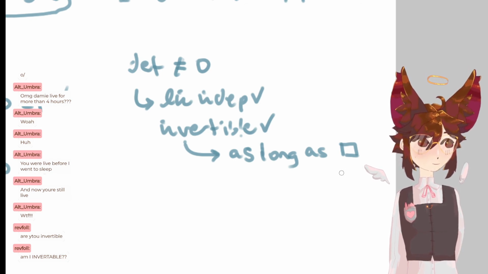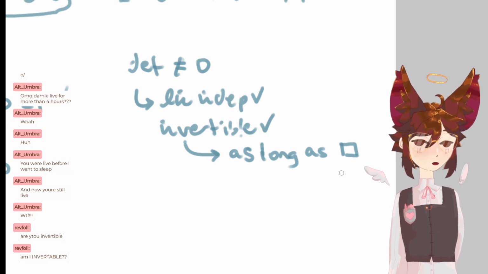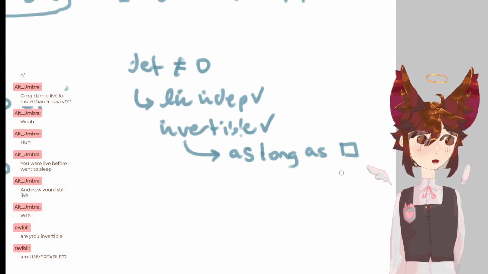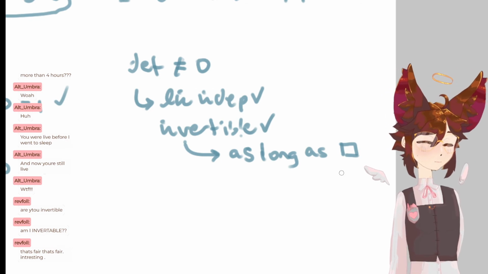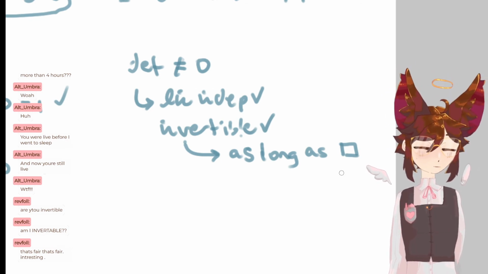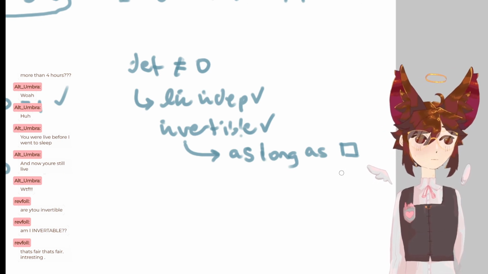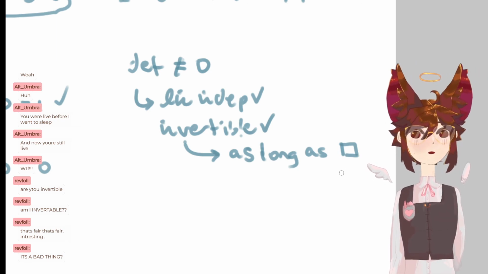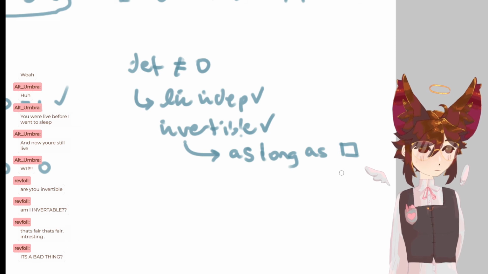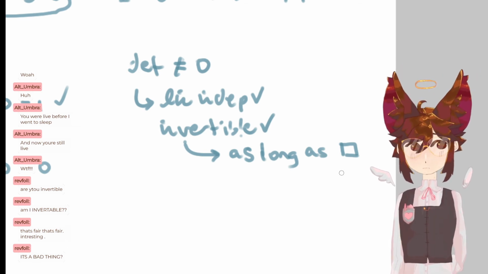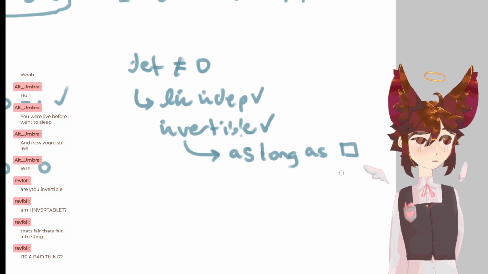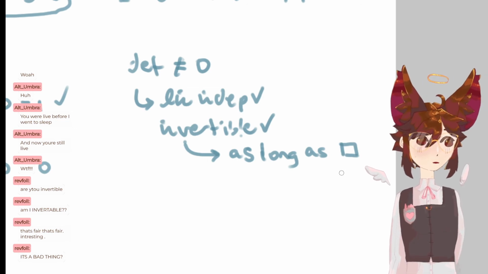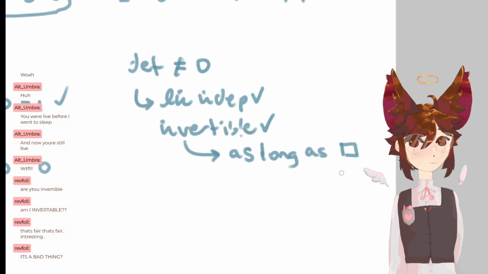I think being a non-invertible matrix is a bad thing. If you're like, hey, Damie, what math thing am I in your brain? And I say, oh, well, you're a non-invertible matrix. That means, to me, you're stuck. You go somewhere and you can't come back. You can't change. You can't grow. You can't recurse. An invertible matrix is like, you know, I don't assign a lot of people matrices because